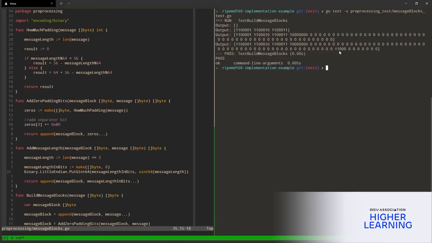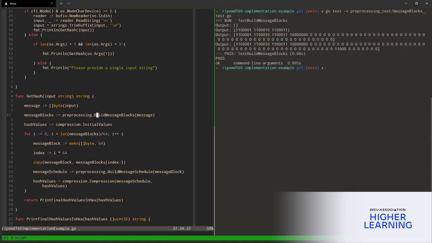So you'll see at the end here, these last 64 bits, these last 8 bytes, are in little endian. So in SHA-256, this 24 value here was in this spot. Whereas now in RIPEMD 160, because this length is in little endian, it's in this spot here. So those bytes have been reversed. So once we have our message block, if we jump back to our main function here, the next step is